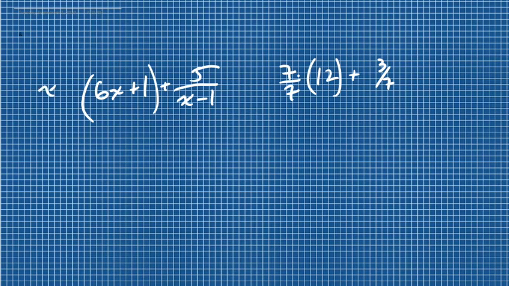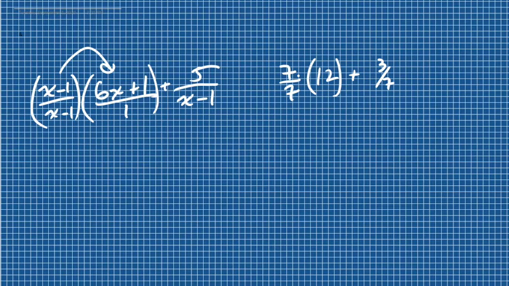There was one where you had 6x plus 1 plus 5 over x minus 1. And I told you one thing that you could do, like if you had 12 plus 3 over 7 and you wanted to put these together, you'd multiply this by 7 over 7, you'd get a common denominator. You can do the same thing with algebraic expressions. In this case, what you'd be doing is multiplying just the left side by x minus 1. And remember, there's like an imaginary 1 underneath that fraction,